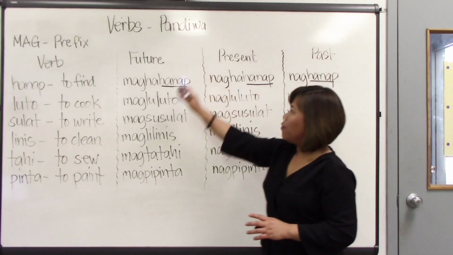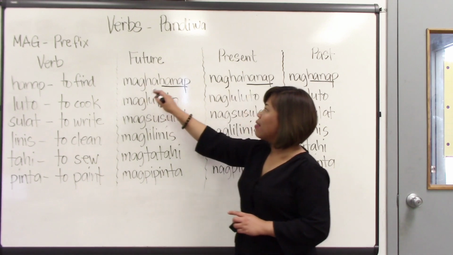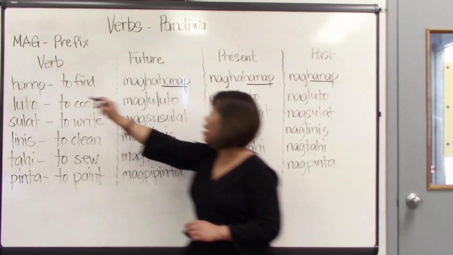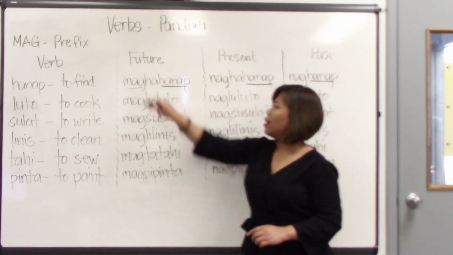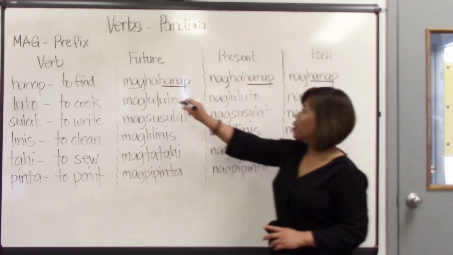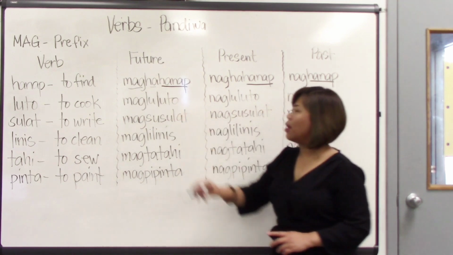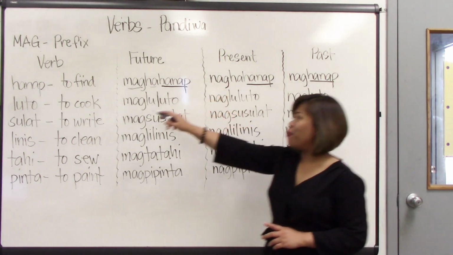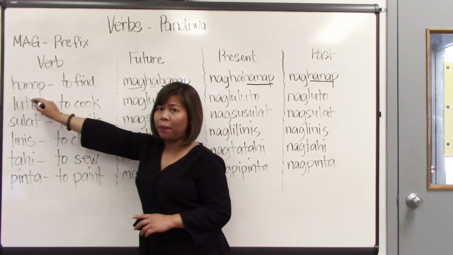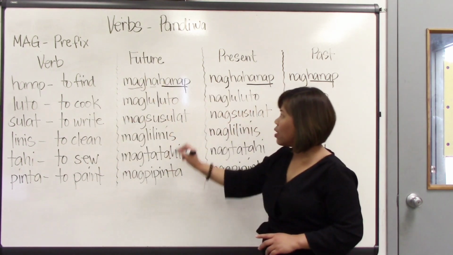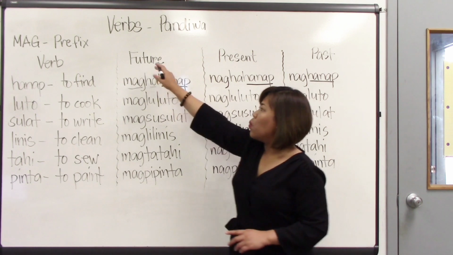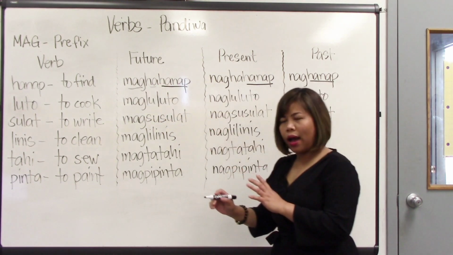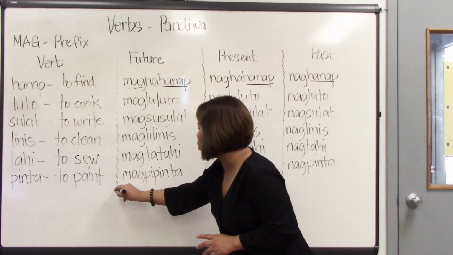So for the future, we said maghahanap. See, the mag prefix is in here. And then what else did we add? We add another syllable here, and that is ha. Where did we get that? From the verb itself, hanap. So what we did in the future is, for the future tense, we add the prefix mag first. So I will write the pattern below. So for the future,